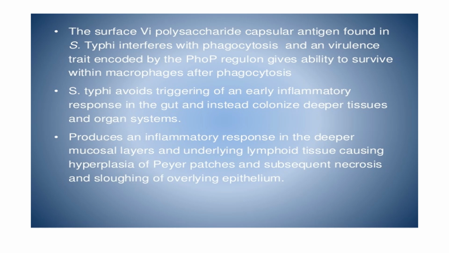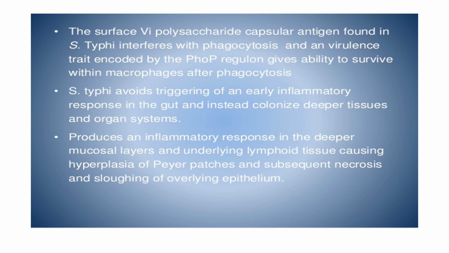As we have discussed, the virulence factor is a capsular antigen which interferes with phagocytosis, and a virulence state encoded by the PhoP regulon, which gives the ability to survive within the macrophage. So the survival of Salmonella typhi will be increased by this capsular antigen found in Salmonella typhi. So it avoids triggering of an early inflammatory response in the gut, and instead